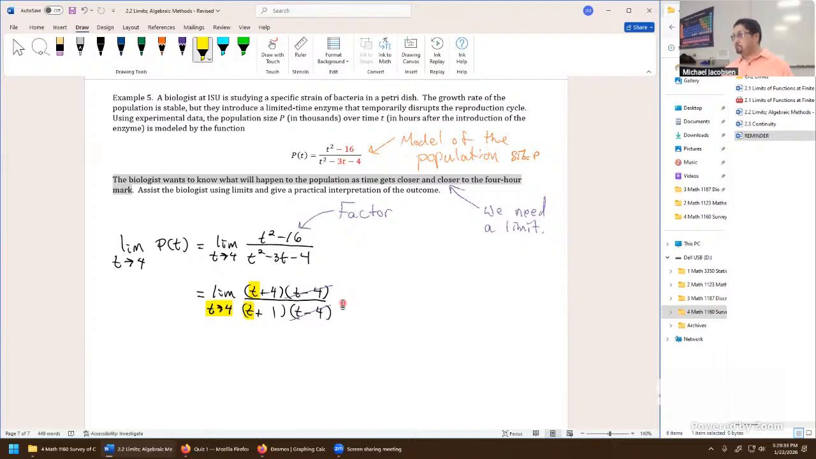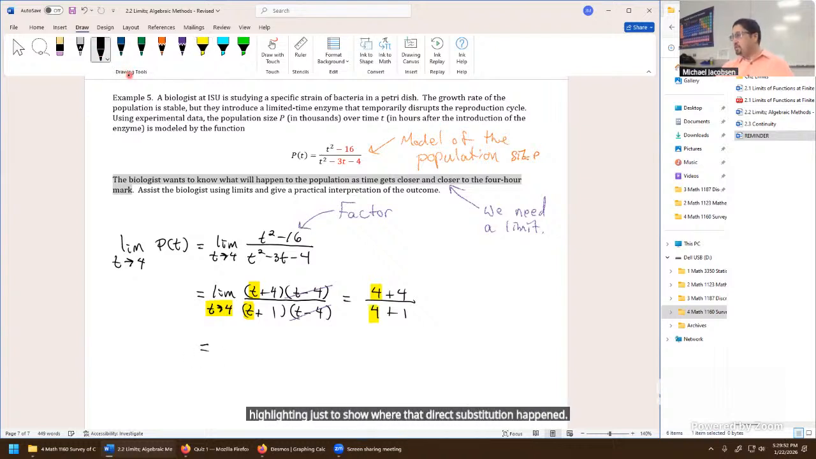Well, let's plug it in right at this step. We plug in 4 in the numerator. For the denominator, here's what it will look like, highlighting just to show where that direct substitution happened. And so this comes out as